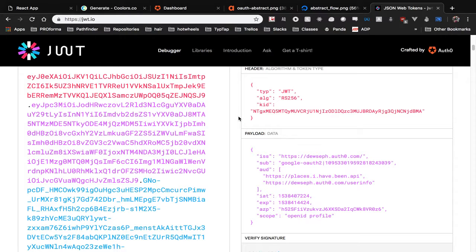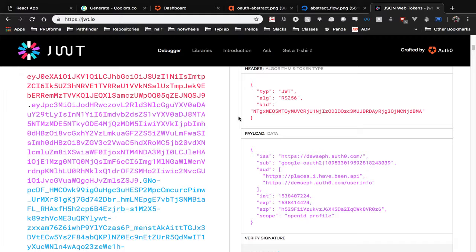No middleman modified this. So this token can travel across the internet, and when I look at it, I can be sure that this token was as it came from the issuer, because it's signed by the issuer. And you can even see there that the first key in the payload is short for issuer. That is the issuer of this, and when something does the verification, they'll actually go to the issuer there,